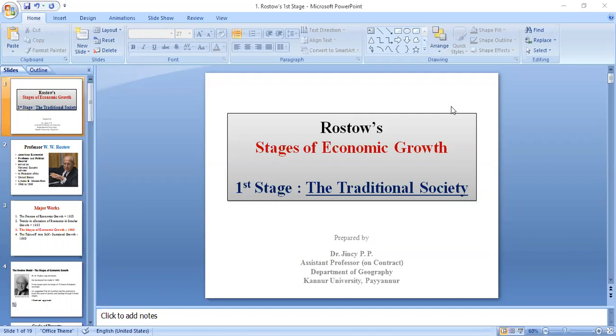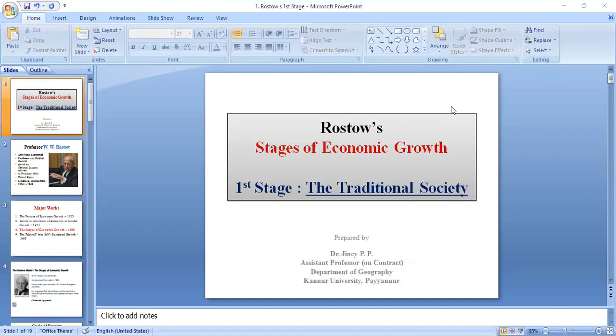So we can look at the first stage of economic growth. What is the first stage of economic growth? The first stage of economic growth is traditional society, and what are its characteristics? What are the characteristics and properties of the traditional societies that have been explained by Rostow in his first stage